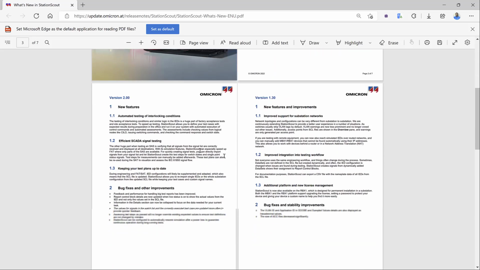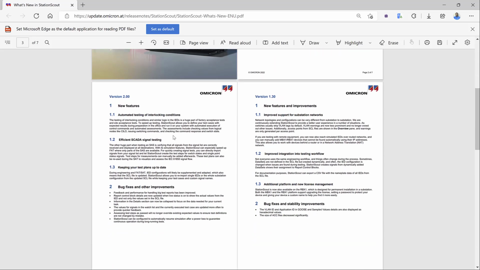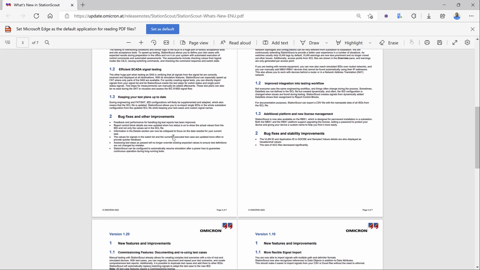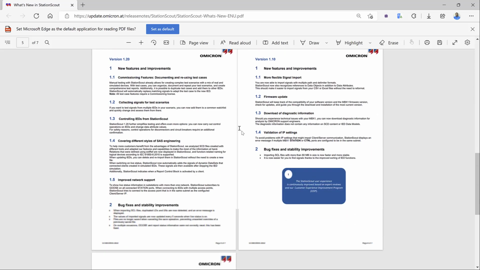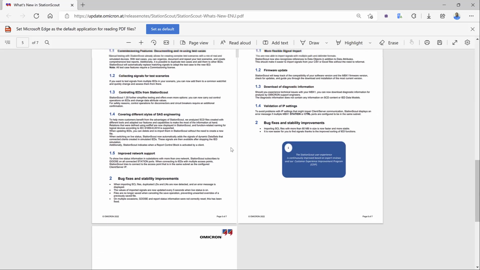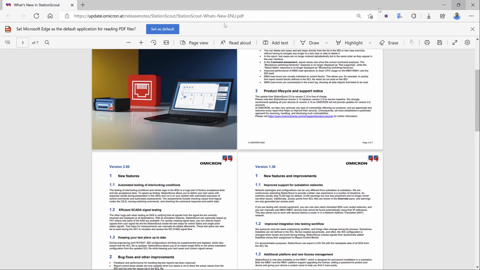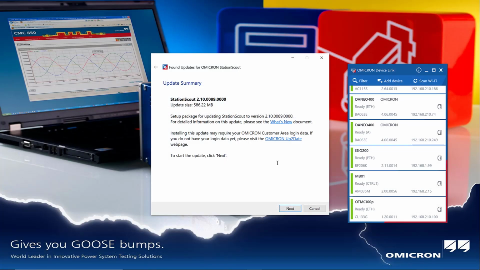And you can also get to know about the new features of previously released versions that are part of the past releases of StationScout. You can also store this document locally to your PC by just saving this document from your browser. Let me close this and go back to the